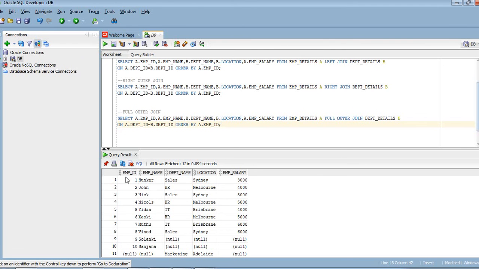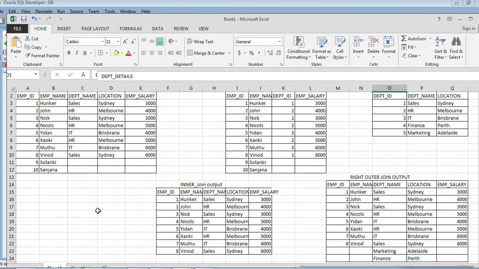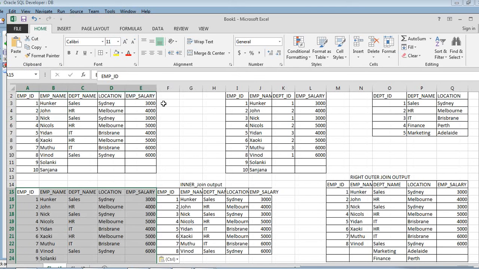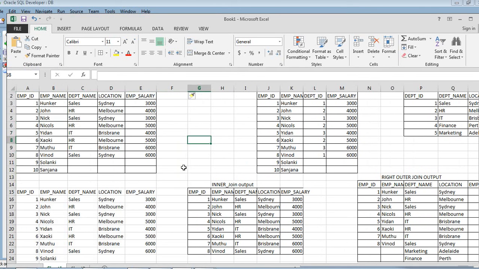We have run the query and got the output as well. Let me copy the output and paste it over here. Let me just insert a column and shift it.